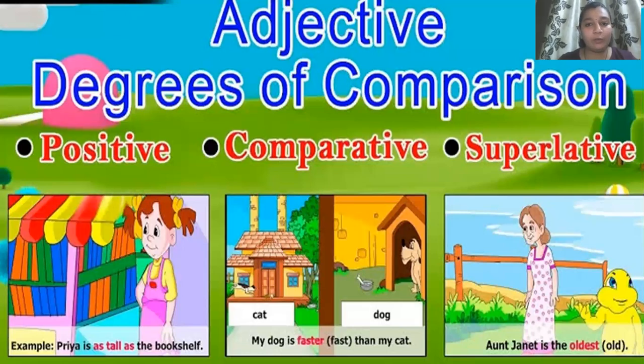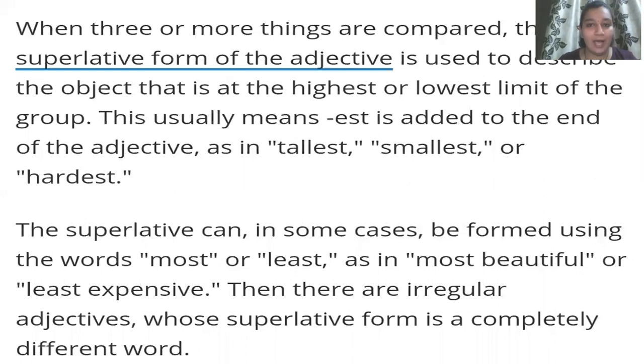Moving forward with today's topic, we will see what superlative adjectives are. So let us see. In the positive, we saw that there is no comparison, or even if the comparison is there, it is at an equal level. In the comparative, we saw that the comparison is done between two persons or things. So now in superlative, we compare one person or one thing with the rest of those kinds of persons or things, or else we compare more than two persons or two kinds of things.